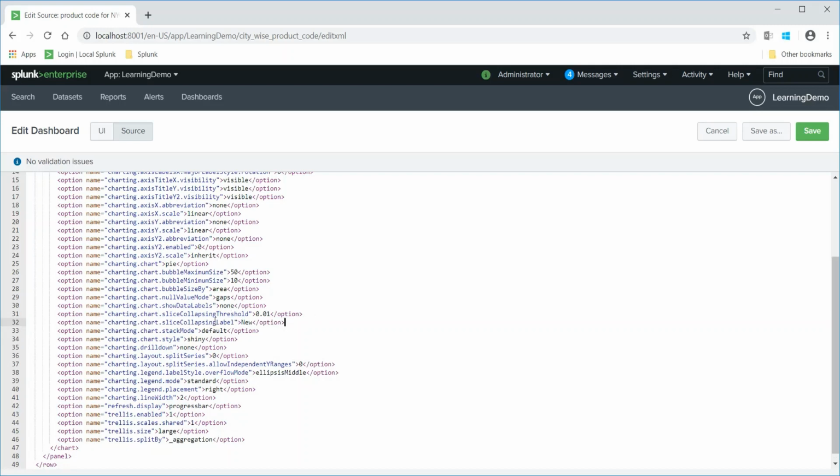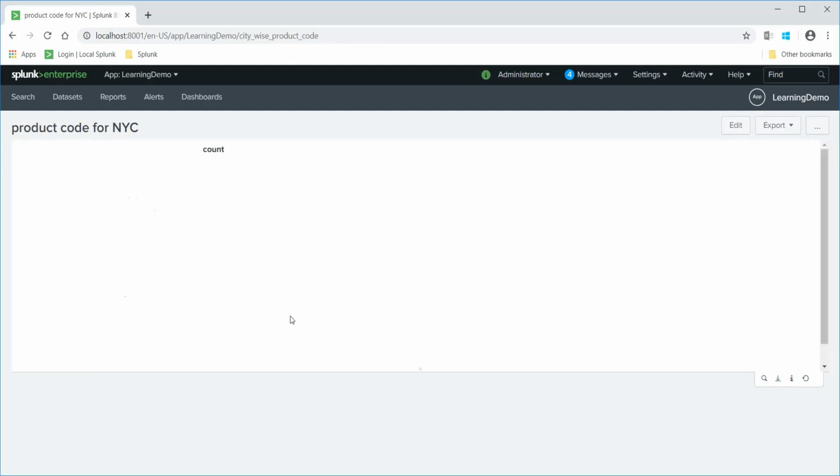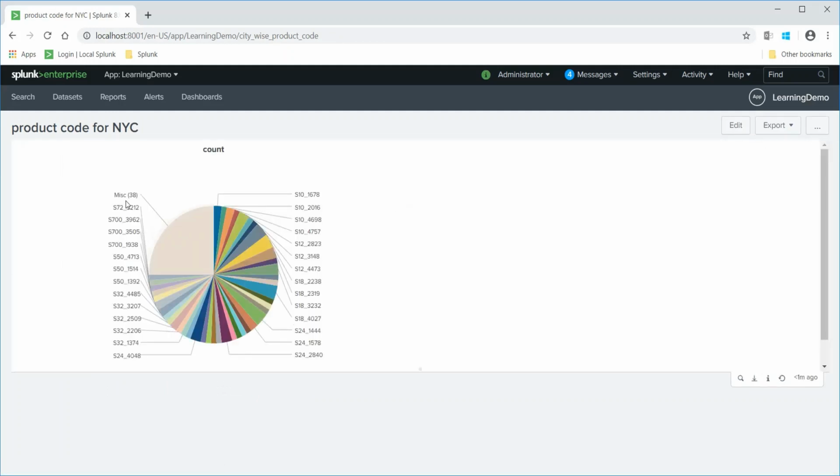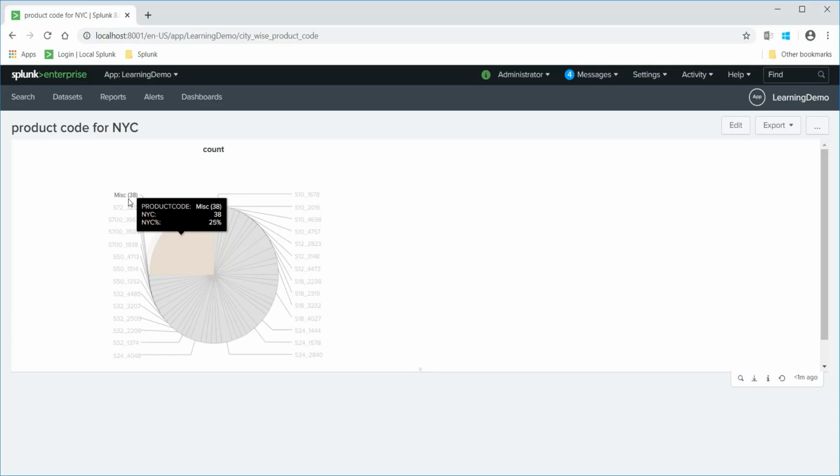Here you can see this property, slice collapsing label. I will just change this to "miscellaneous", and now we'll see whether it changes the label. I'll save it. See, the label has changed to miscellaneous.